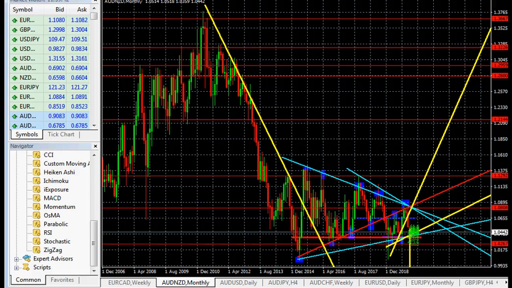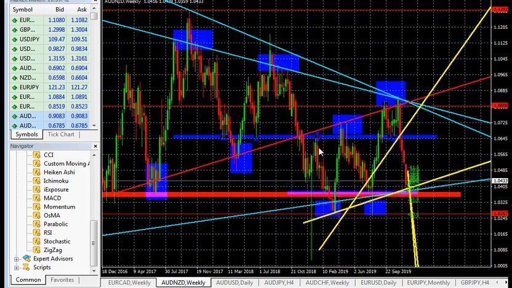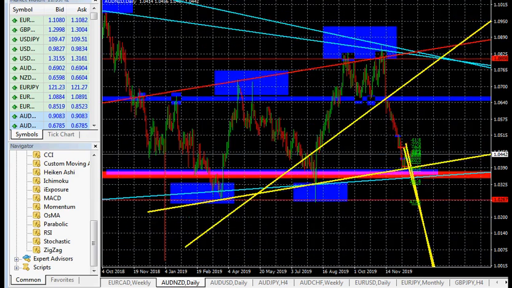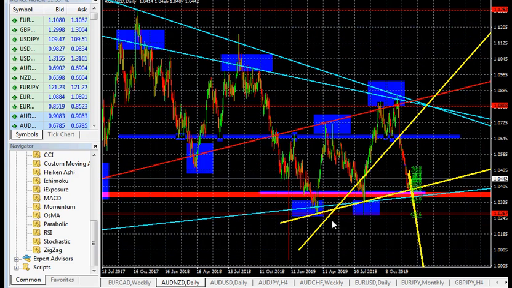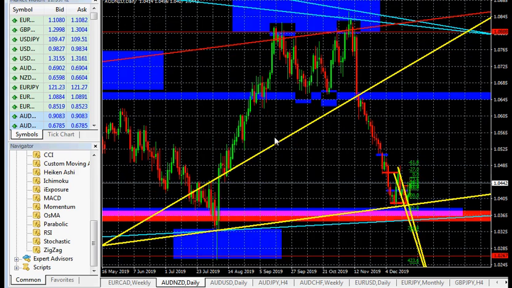Let's see what is happening on the weekly time frame to have a clearer picture. You can see a run, a pullback, a run, a pullback. Let's see the daily time frame. You see a clearer picture of it. So you can see that the market is consolidating at this point. You can see a break of this trend line. So the market is consolidating at this support level.